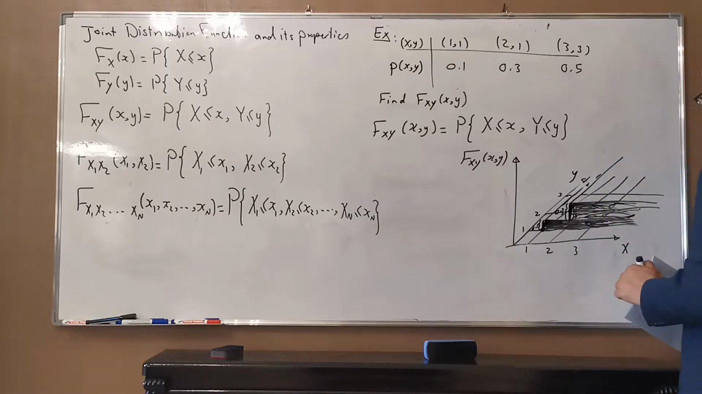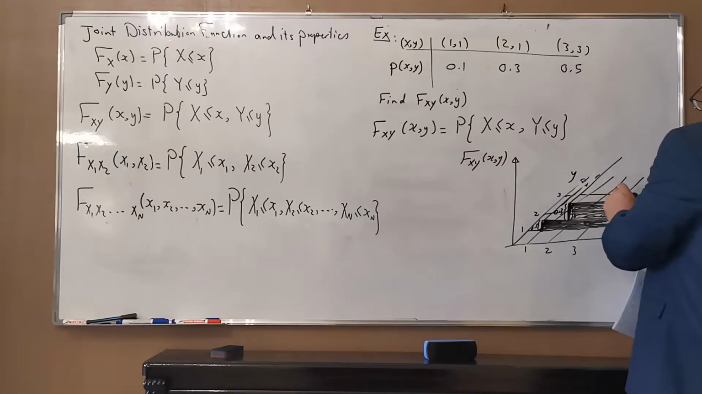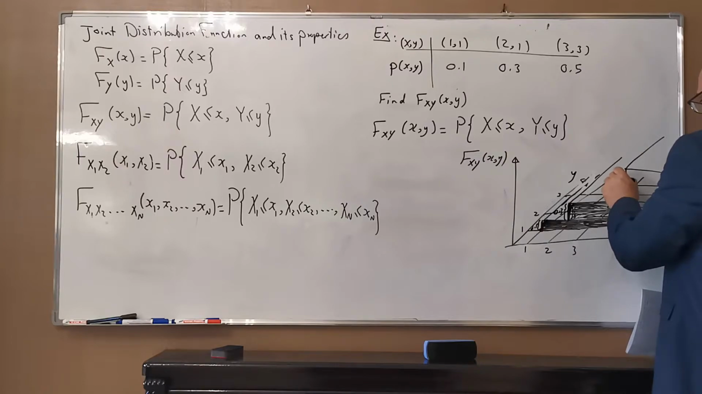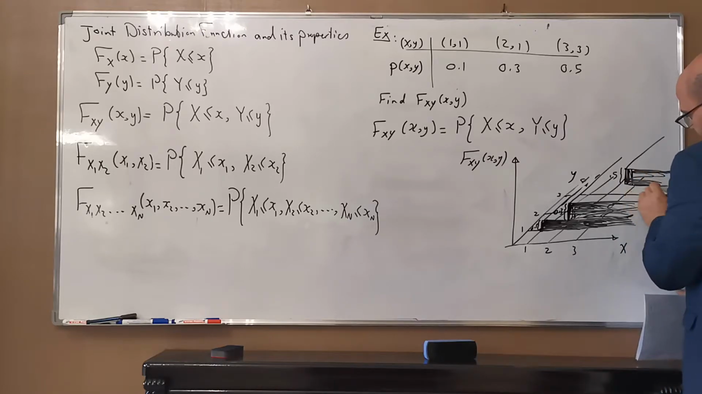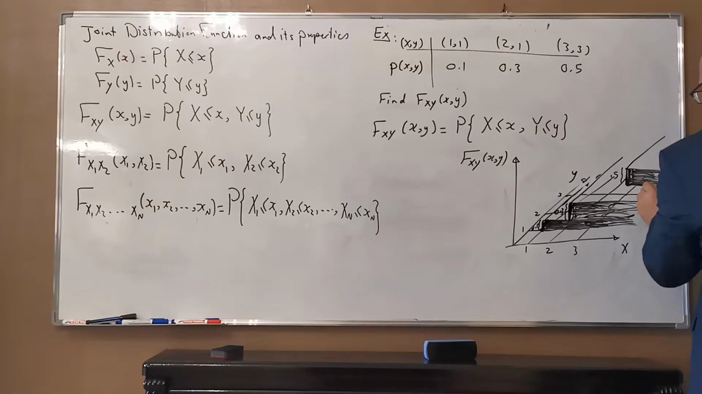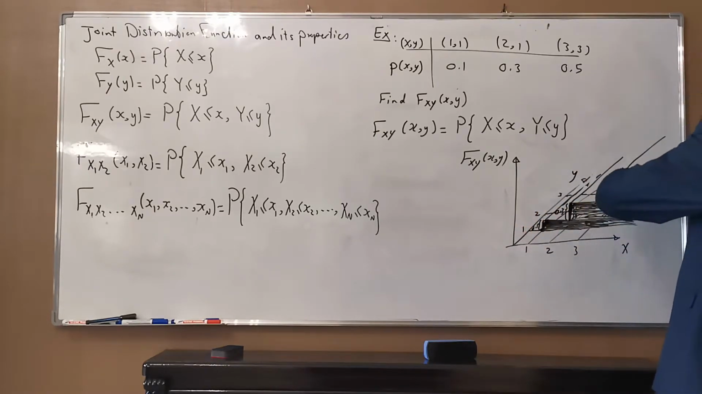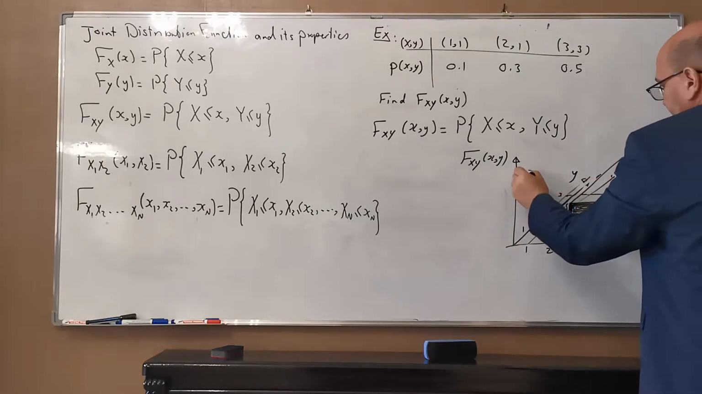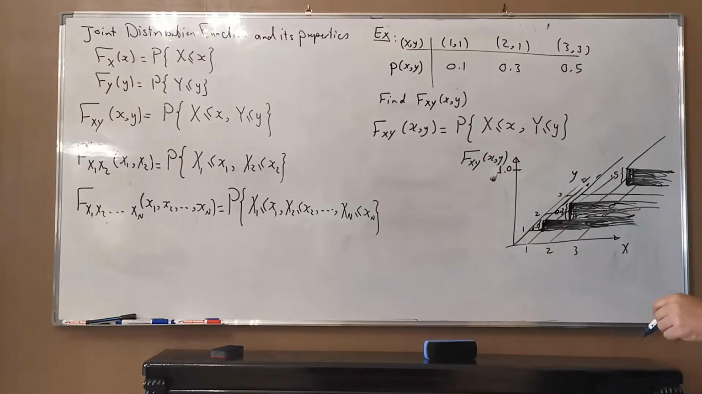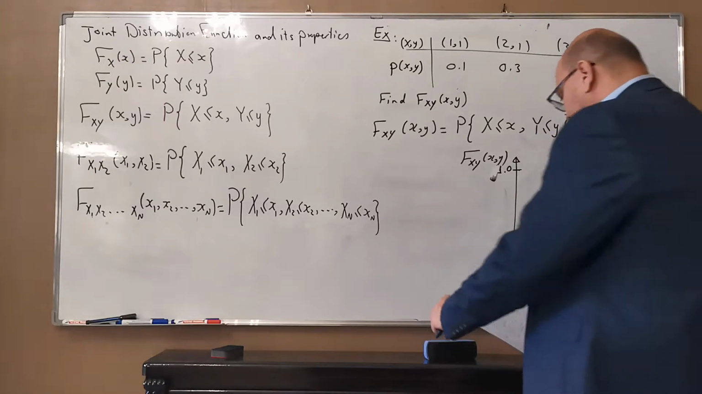Okay, and the last one is at 3 and 3. 3 and 3 is here. So this one will go up here like this. And this is 0.5. Now if you add 0.5, 0.3, and 0.1, those are 3 steps, and those 3 steps add up to be 1. Okay, so the whole thing is 1. So those are stairs. I'm not very good at drawing, sorry about that, but this is how you're going to see them